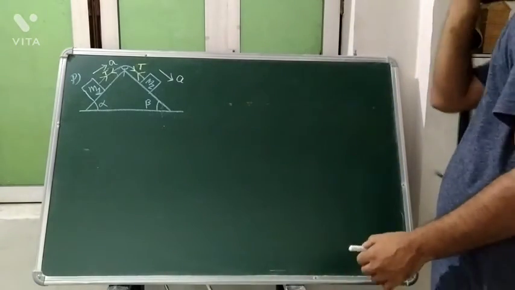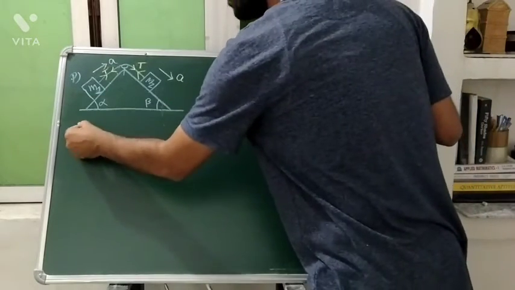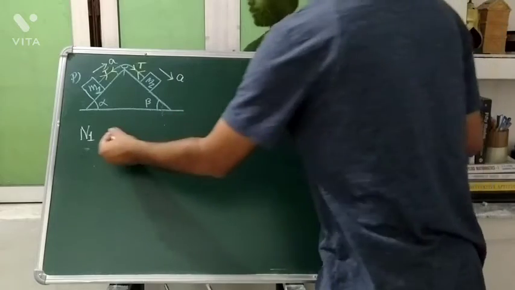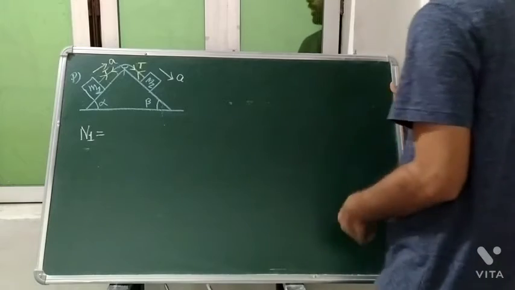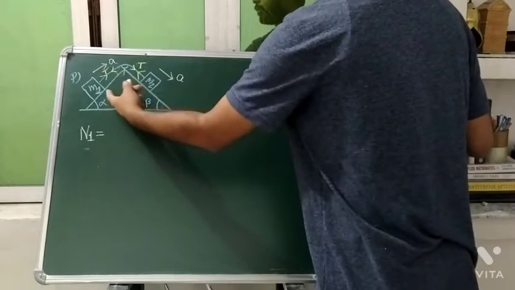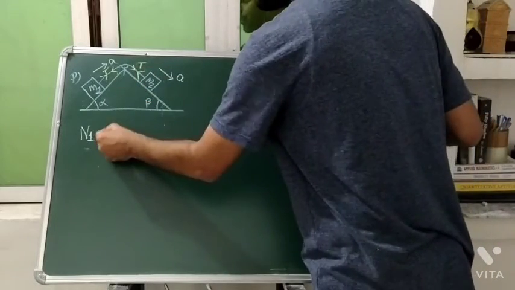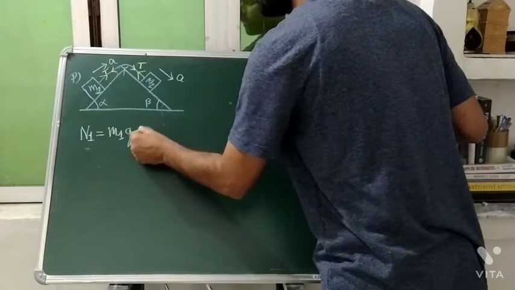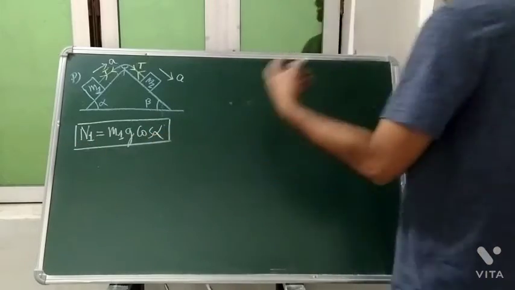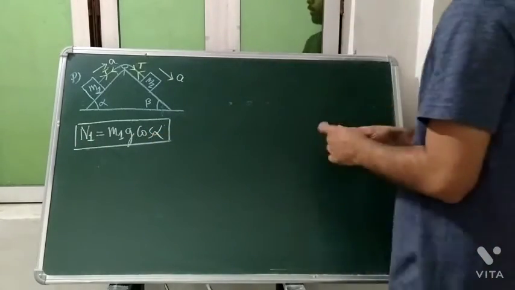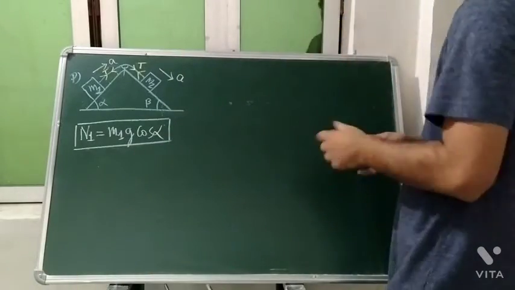So we were getting this situation for block M1. Normal N1 will be equal to, since no acceleration is present, the weight of that object in that direction. For M1 in that N1 direction, what is it, student? M1G cos alpha only. And in the same way, when we look at the x direction, where acceleration is present, M1 sin alpha will come in the downward direction, and tension is acting upward.